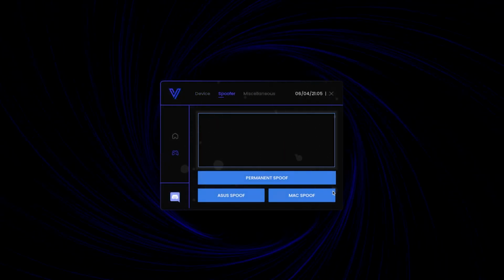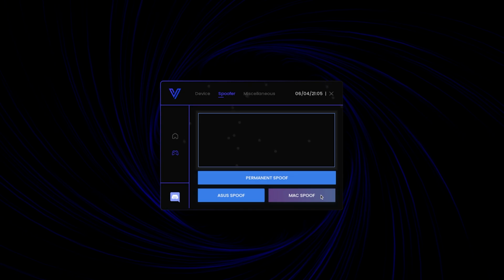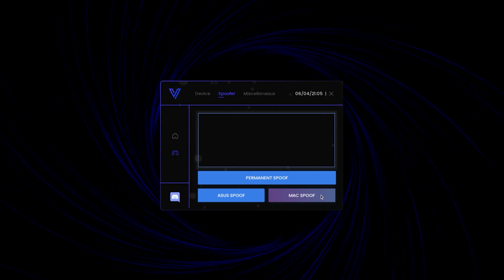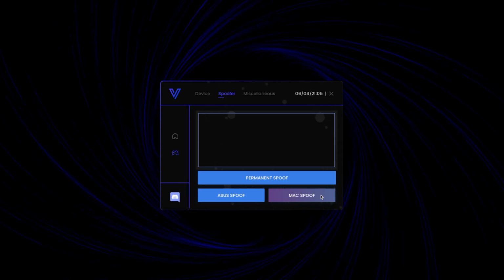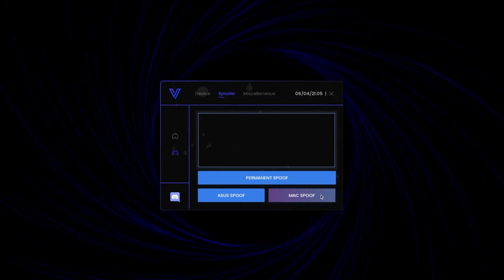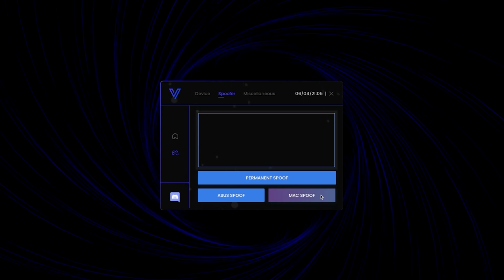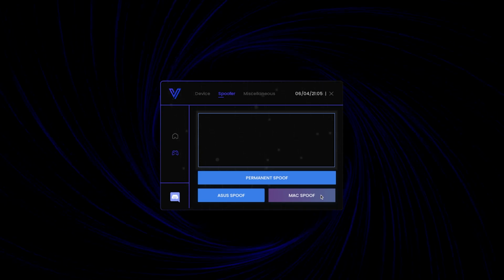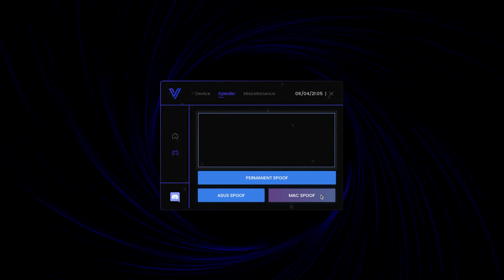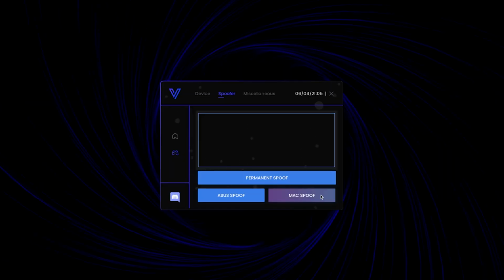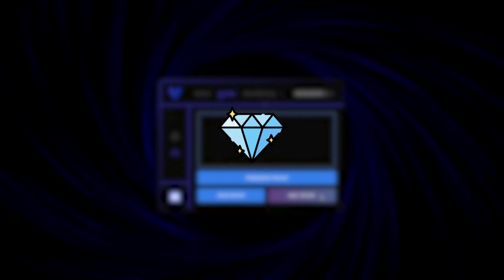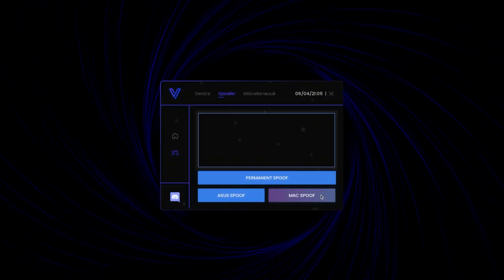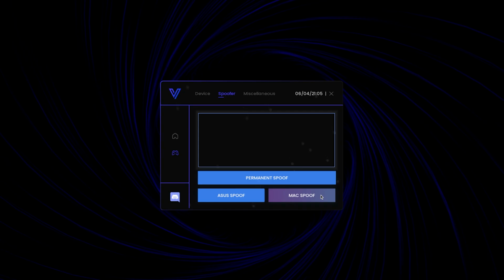If you head over to the spoofer tab right here, you can see the MAC spoof button and we haven't run that yet. So we are going to do so right now and this will change your MAC address as well. This MAC spoof button will permanently spoof your MAC address and it will even stick after a Windows reinstallation. This is a premium feature within WOOFERs that you should be aware of, as not a lot of spoofers have